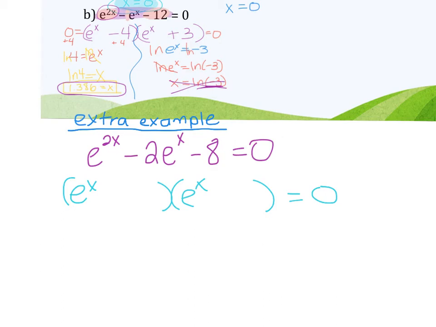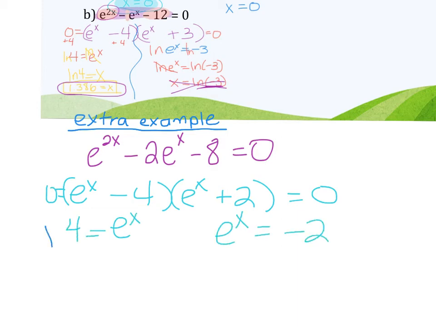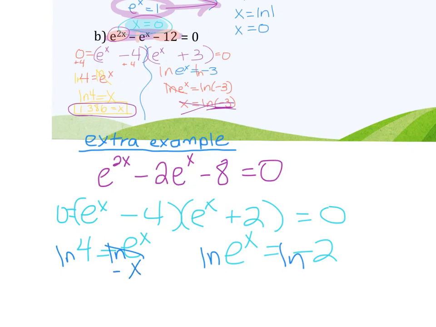All right, so what two numbers multiply together to give you negative 8 but add to negative 2? Negative 4, positive 2. So then I'm going to set each of these equal to 0. I get e to the x equals 4, and e to the x equals negative 2. Put ln on either side here, ln on either side here, and I get x equals ln of 4, which we already did up here,